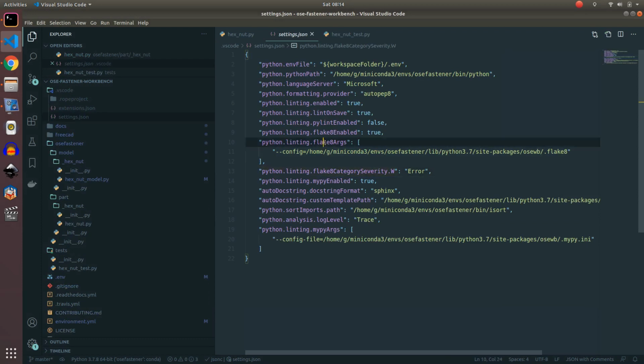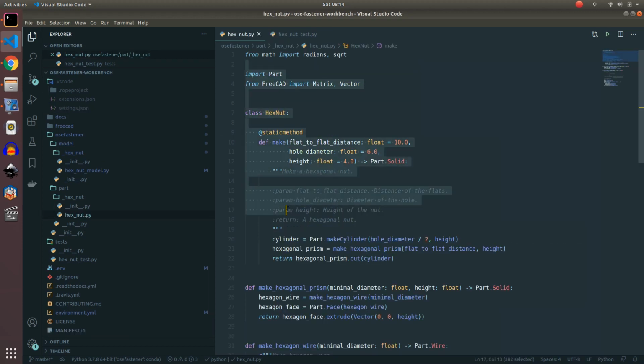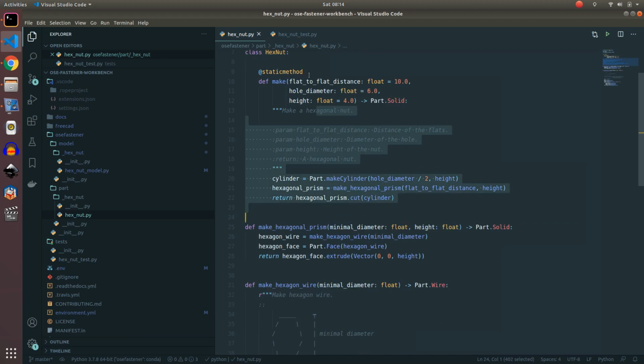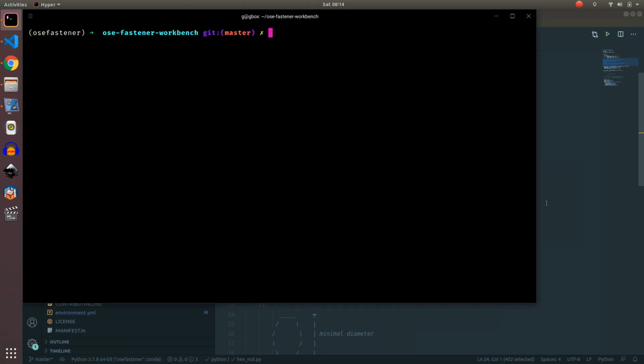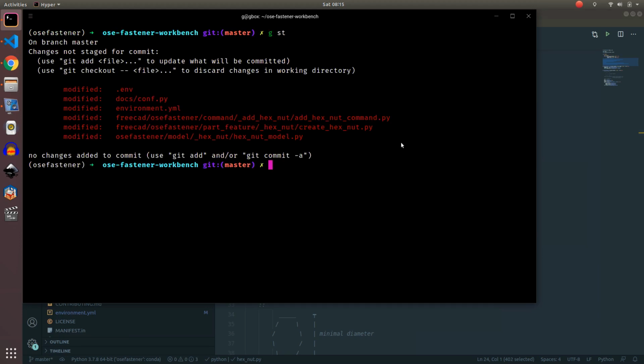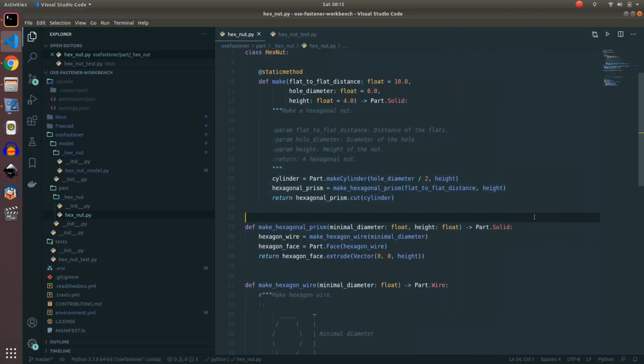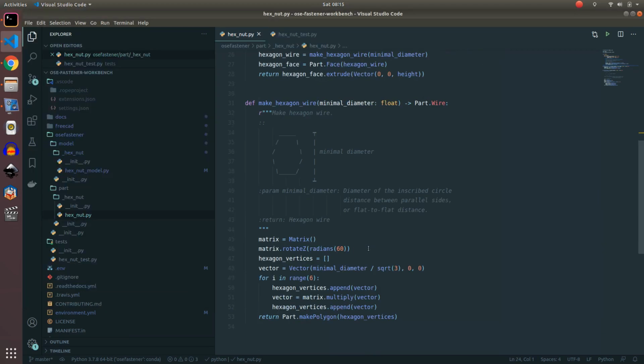So you'll notice that we're actually passing these config files to things like Flake8 and MyPy that are within the platform. And that's because we want the editor, VS Code, to speak the same language and operate under the same rule set as the OSE WB CLI. We don't want the CLI and VS Code to be telling you two different things, because that would be really annoying. So yeah, that's just a quick segue on linting,